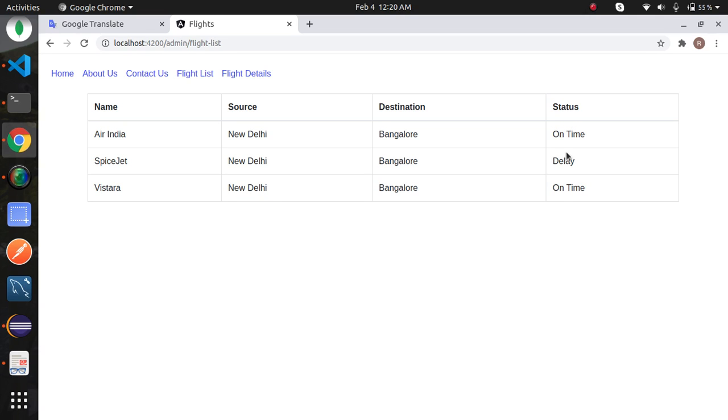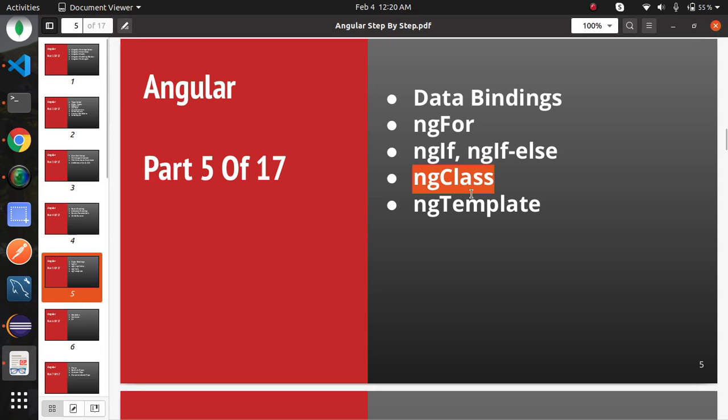Suppose our requirement is whenever flight is on time, then show text in green color, and whenever flight is delayed, then show the text in red color. To achieve this, we can use ng class.